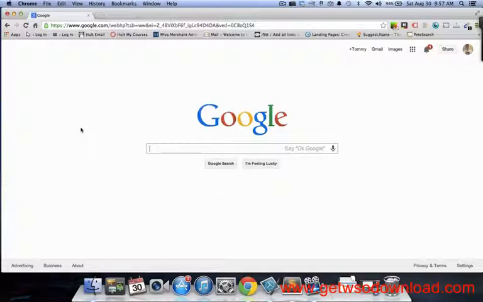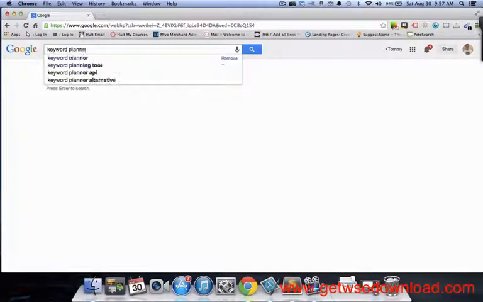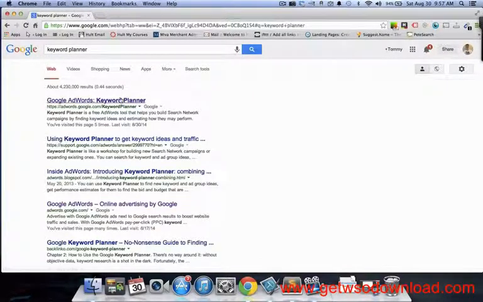new site. So for this example, let's say we're starting a website for a mobile app development company. Let's say it has a handful of employees and they create iPhone and Android apps. So let's get started. So first and foremost, you'll want to go to Google and just type Keyword Planner,